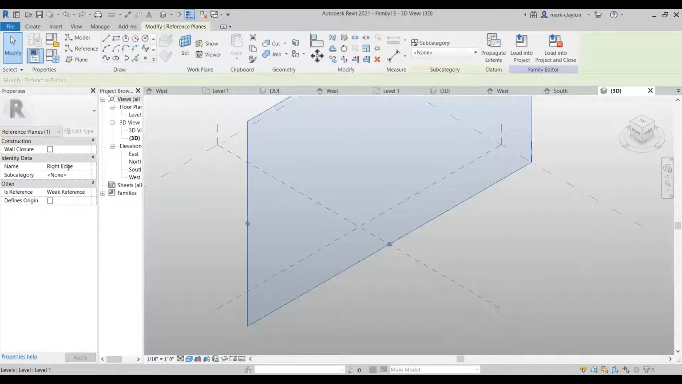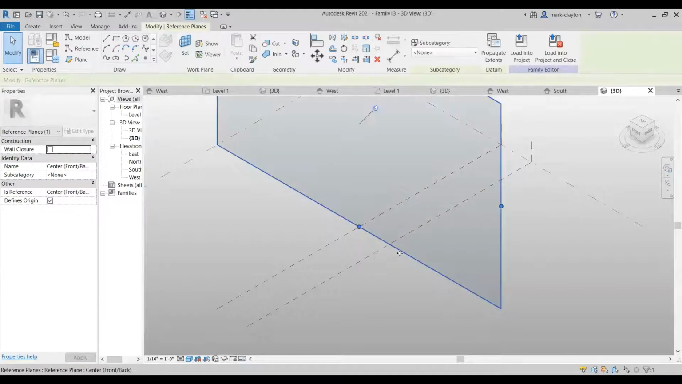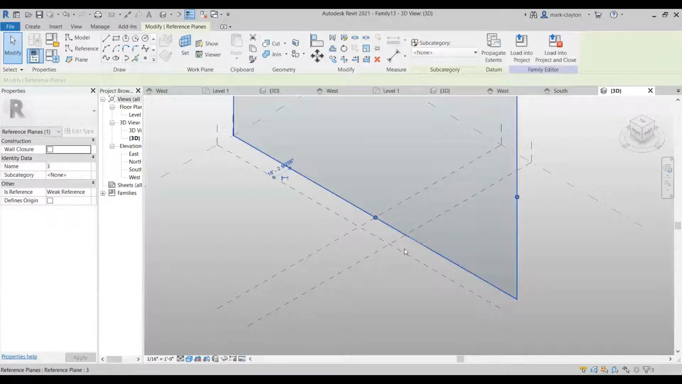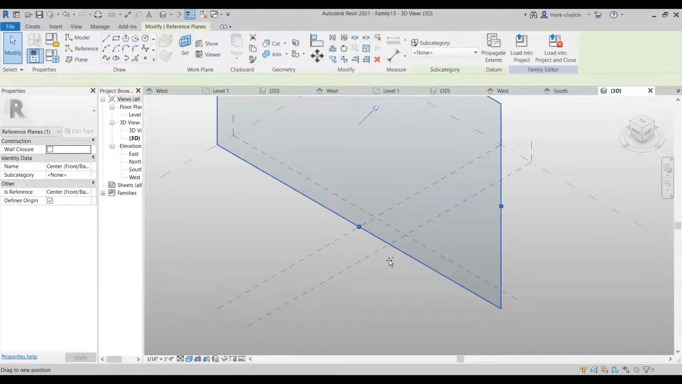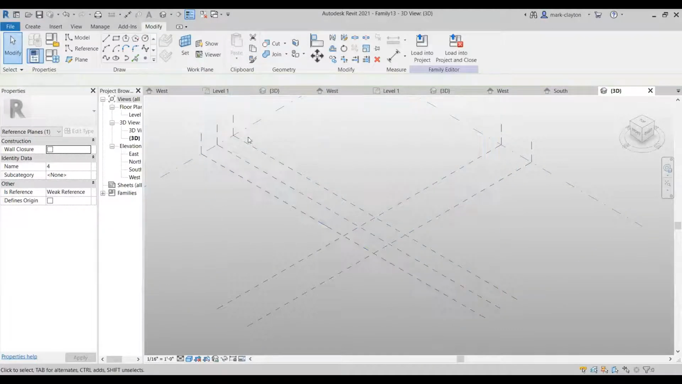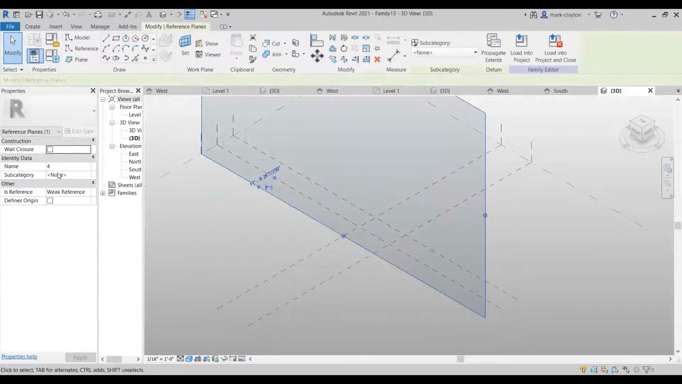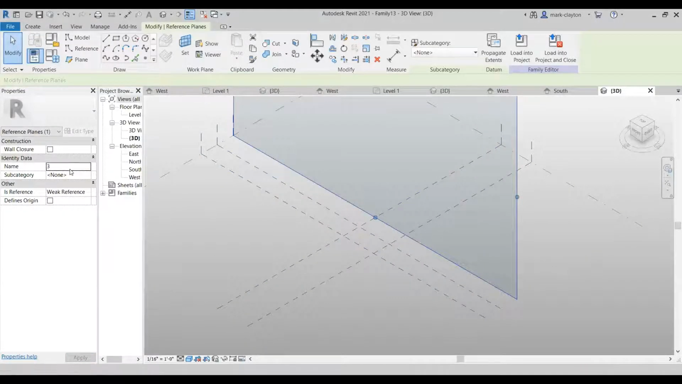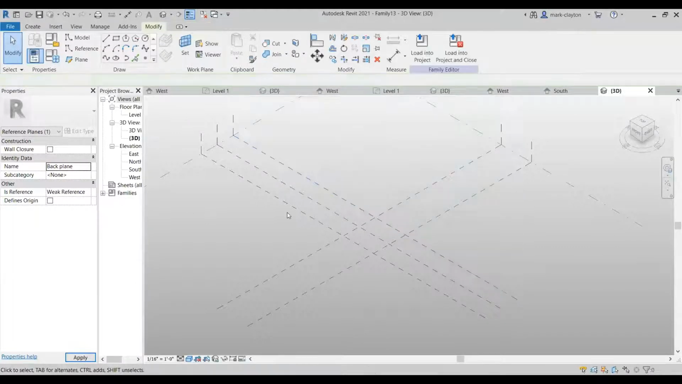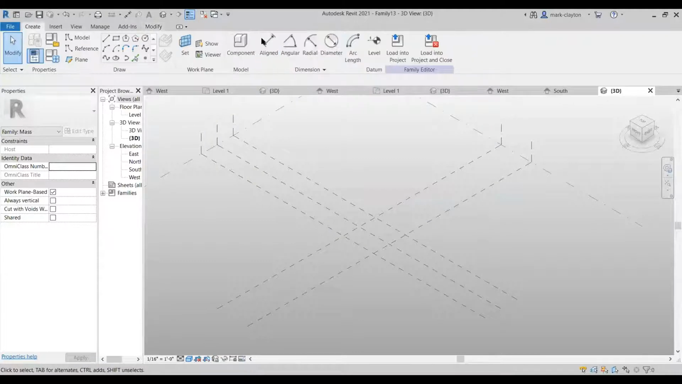I'm going to call it the right edge, call it the right plane. And I'm going to click on this and drag out to both sides like this. And I'm going to call this one the front plane, and this one the back plane. And then I'm going to create